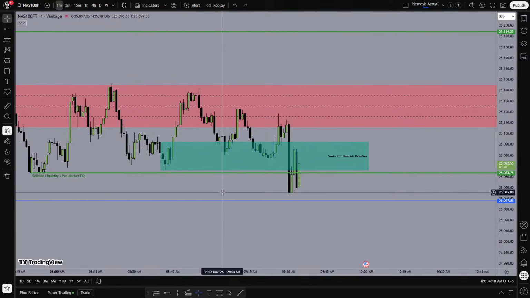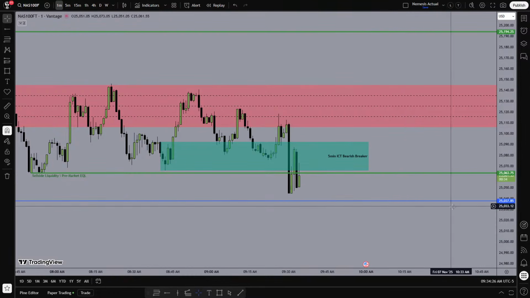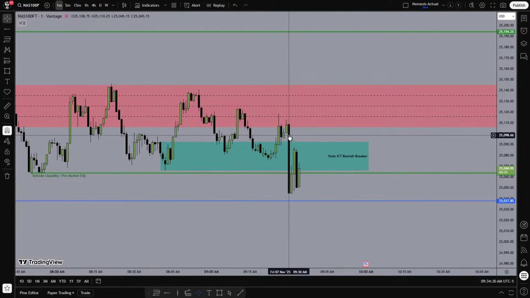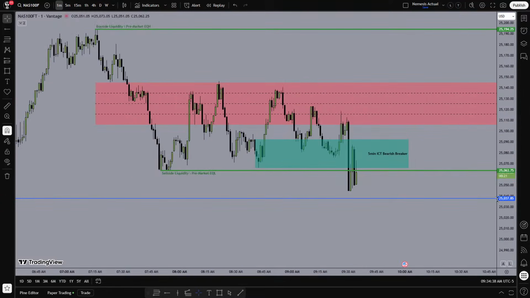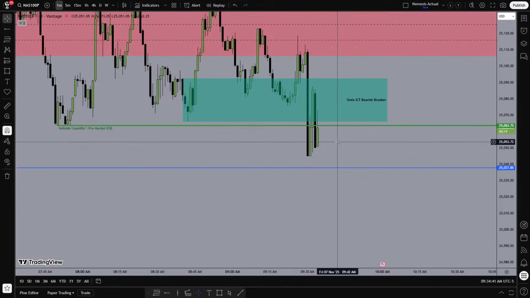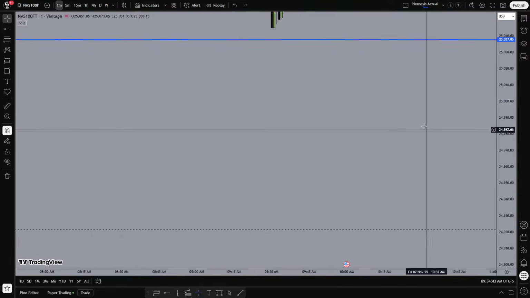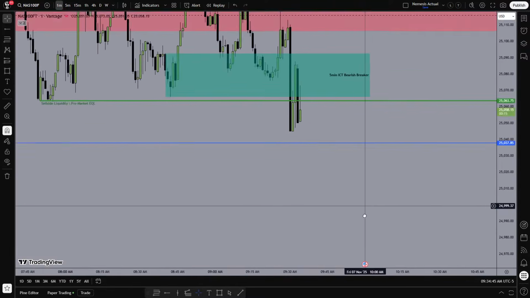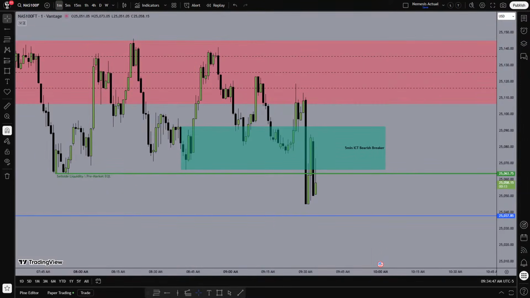so notice we opened below the lunch hour sell side and the PM session sell side, so this could be an interpretation for a first presentation, but I want to see, can this bearish breaker send it lower, and then I can work inside of this range and it'll still be good.